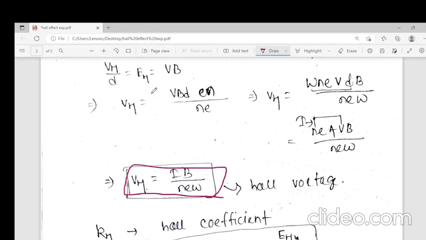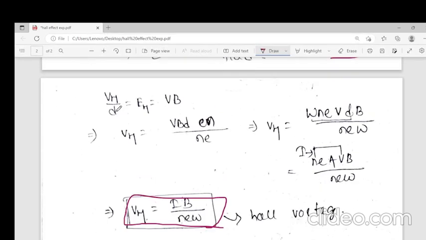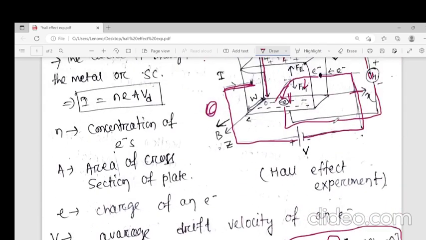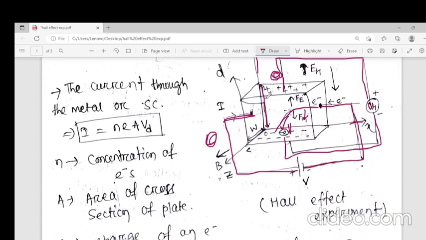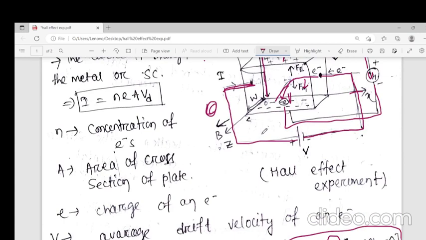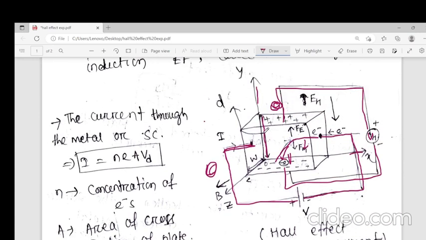So how does this Hall voltage arise? VH by d equals EH, which is equal to vB from the above. Then if you multiply by d on the upper and lower side, the expression will be like this. And as you know, w and d give the cross sectional area of the plate where the Hall voltage is